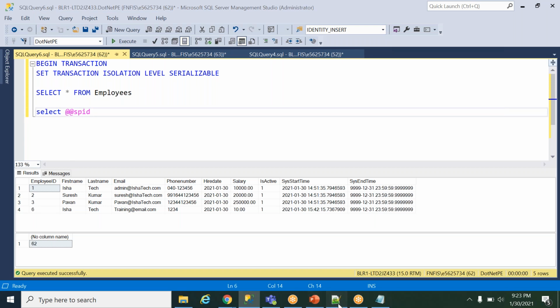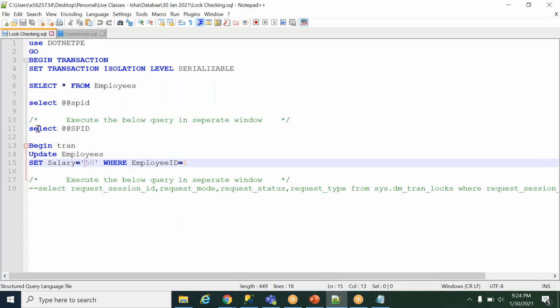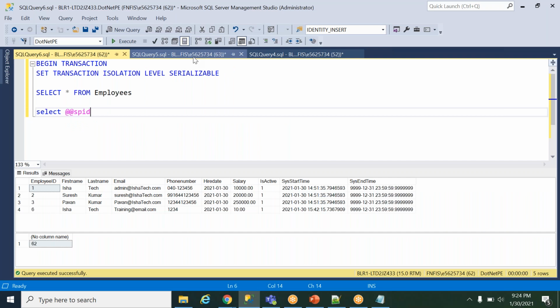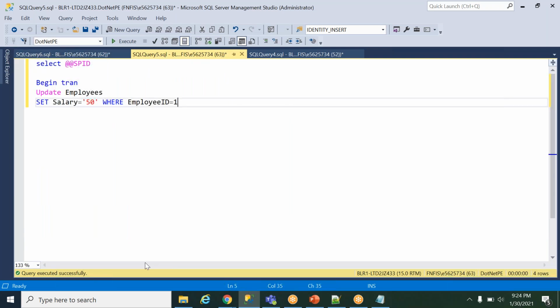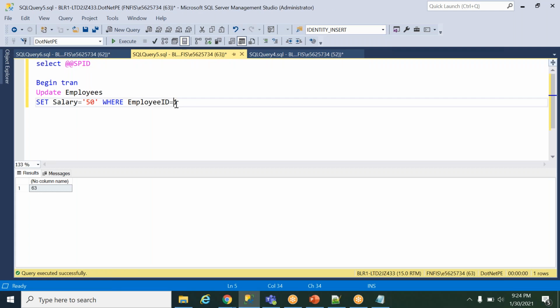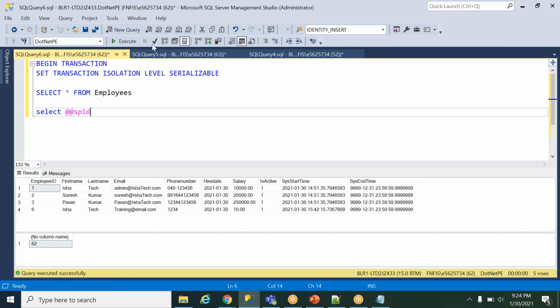Now in another window, I'm executing another query. This one is 63, and this is 62, mine.